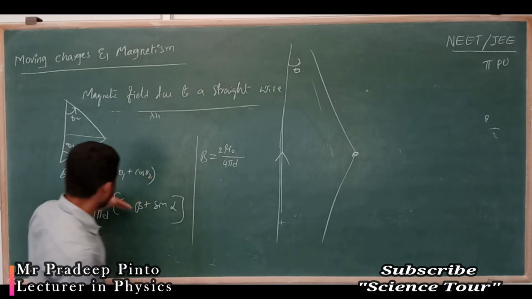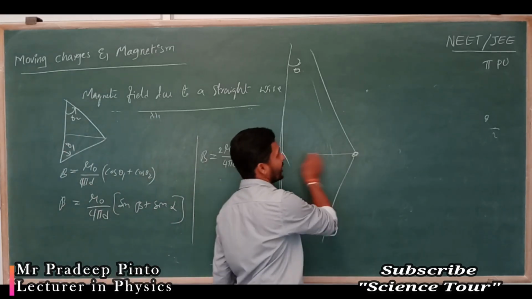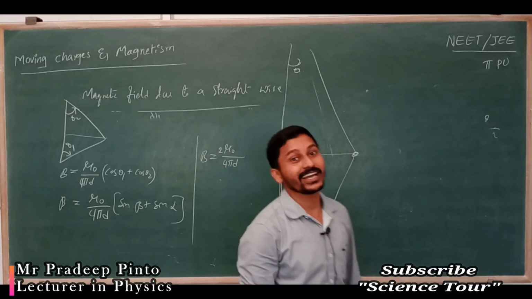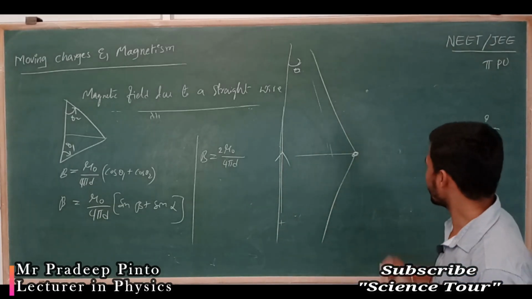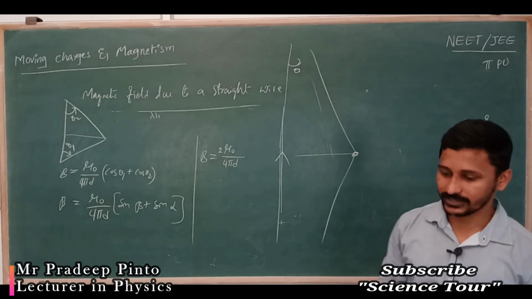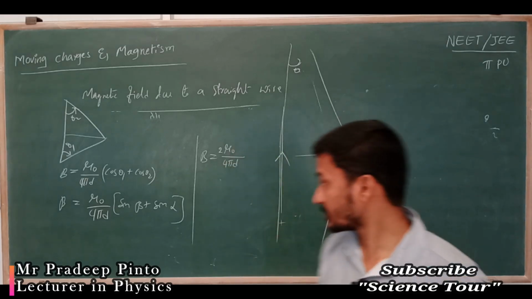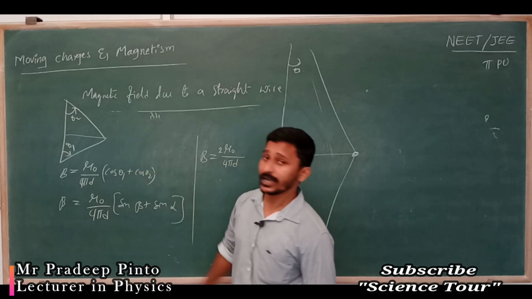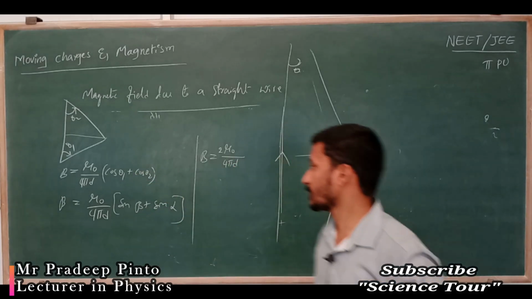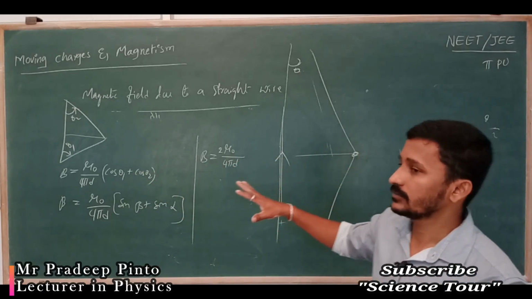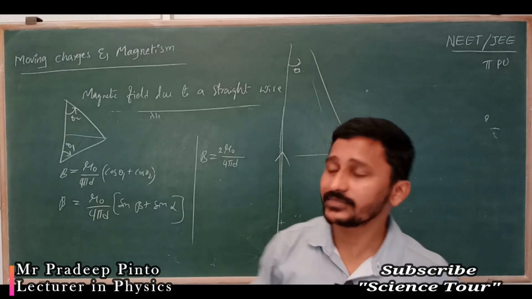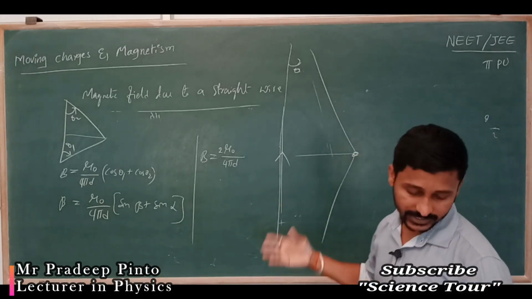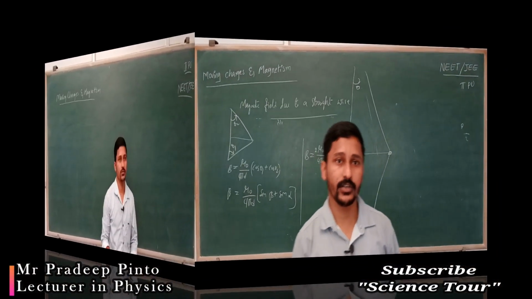But alpha and beta are going to become 90 degrees. Okay, alpha and beta are going to become 90 degrees. That is the thing. So for the different cases, they are going to ask. This is a very important one. And next we are going to talk about certain cases of this. Different cases of this we are going to talk about in our next videos.